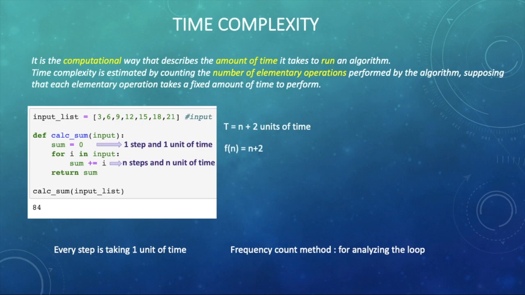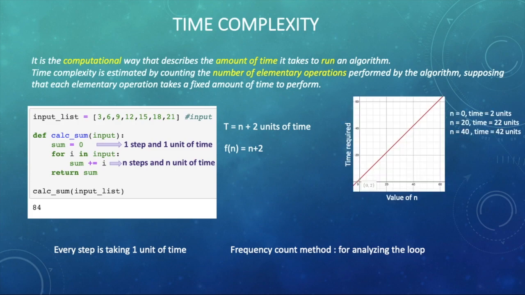Instead of trying to determine the specific execution time for each primitive operation, we will simply count how many primitive operations are getting executed and assume that each operation is taking 1 unit of time. At this stage, we can also say that the time function of this algorithm, that is f(n), is equal to n plus 2, where n is the size of the input list. If we increase the elements in the list, that is n, it will increase the number of steps in the algorithm and eventually would also increase the time of the function, that is f(n) in this example.